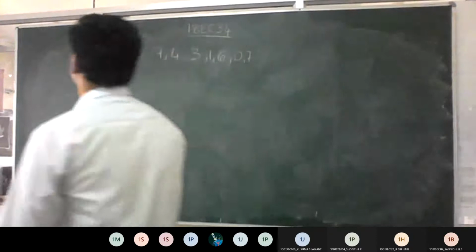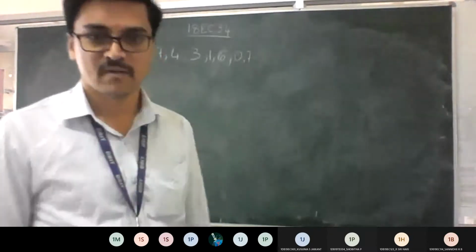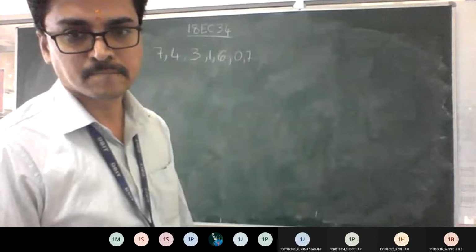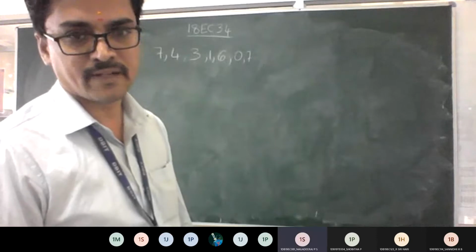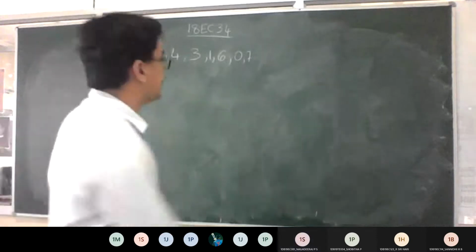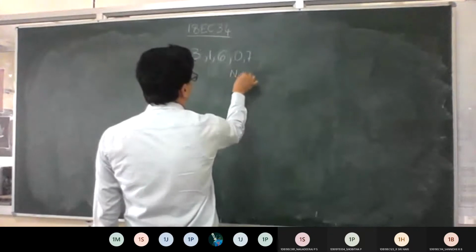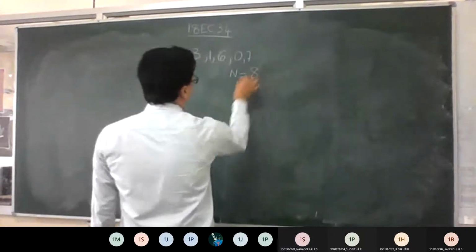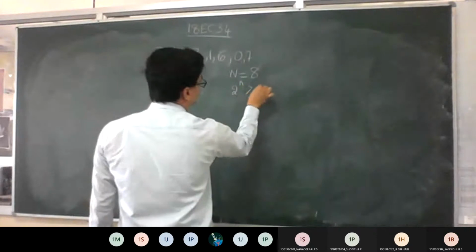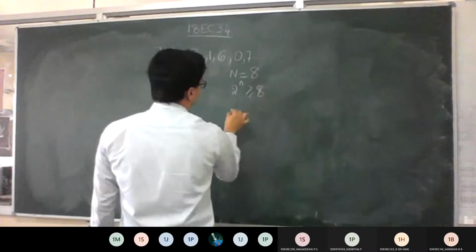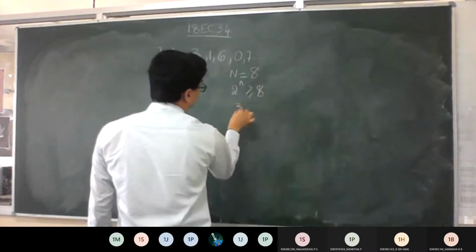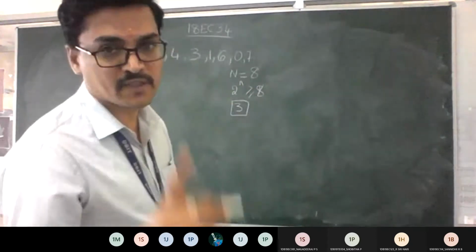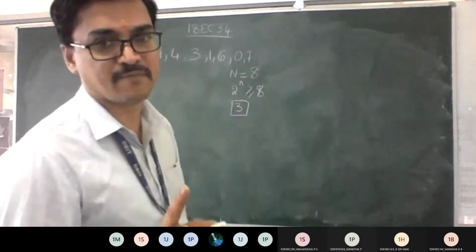So present state. How will you decide now? Which is the maximum sequence here? 7. So you can judge the number of states. N is equal to how much here? 8. So 2 power n is greater than or equal to capital N, which is 8. So what is n? 3. Okay. So the type of flip-flops will get changed. Step number 2, it is SR flip-flop.